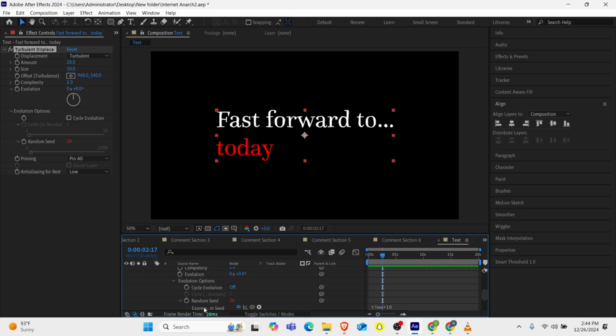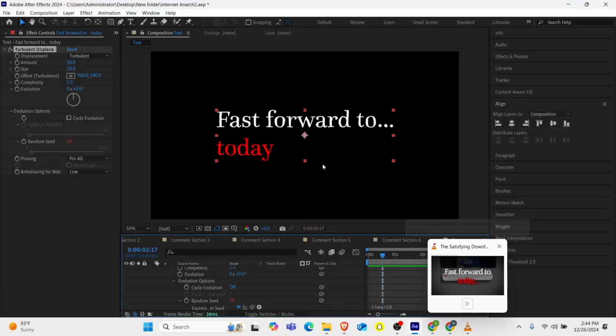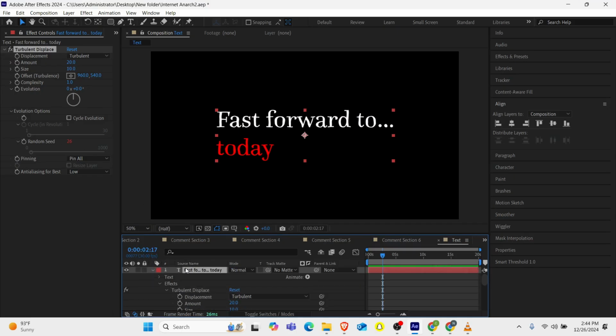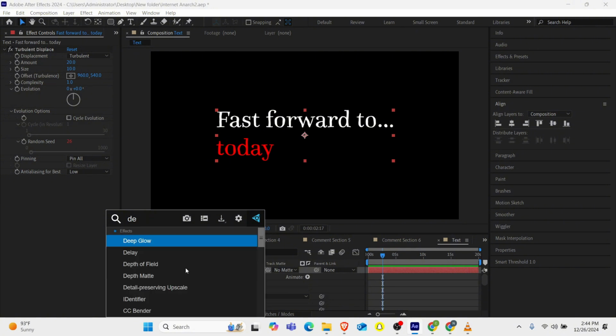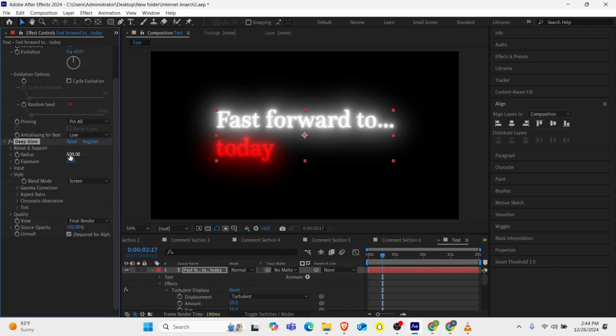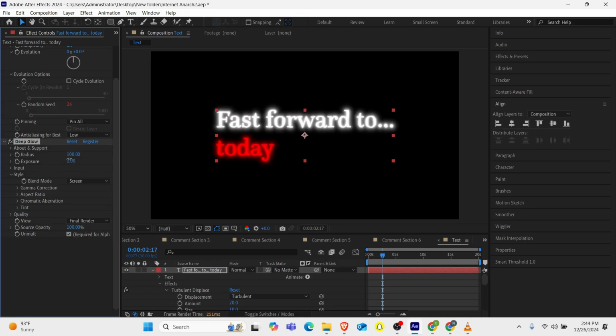All right, so now this is how we like it, and now we will have to add a deep glow to this. So we go to effects and presets, then type deep glow. When I get the deep glow, I'm going to bring it low like what you see,